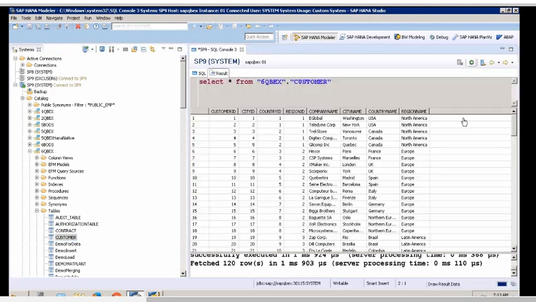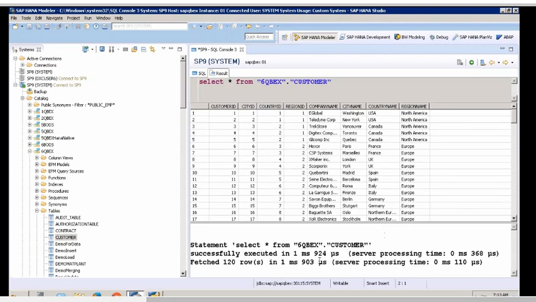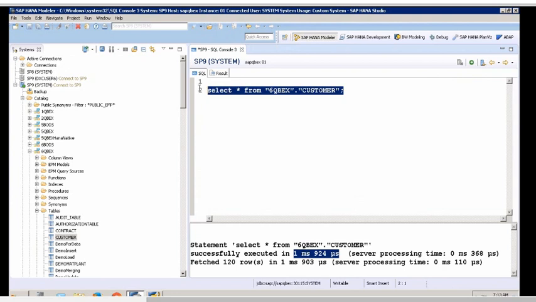I run this and it gives me results, and it is also collecting some statistics here. It is taking 1 ms, so much of the time, and it is collecting some statistics. So when I run this select statement, it is sending a request to the index server, and the index server processes this request and gives me the results. I am in the client system, executing a select statement which sends a request to my index server. The index server processes this request by using the engines it has got and then gives me the results back.